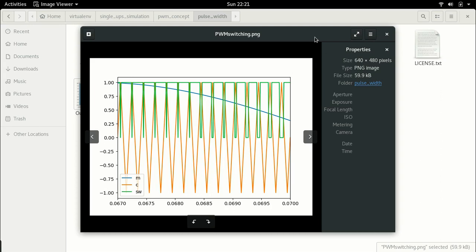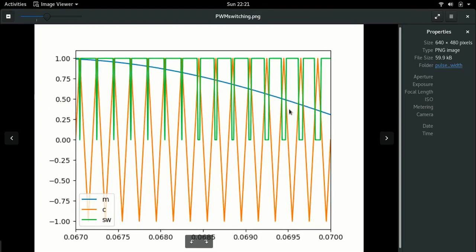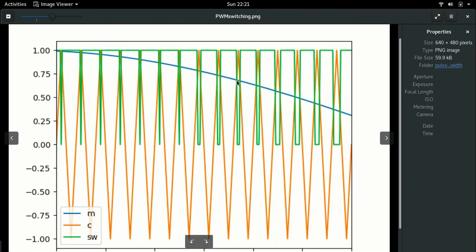You see here, this is when it happens. Let me zoom in here also. At this particular point, the blue line becomes greater than the orange line, and that's when the green signal goes high. And at this point, the blue line becomes lower than the orange line, and that's when the switch becomes low. So when the modulation signal is high, you see here the width of this switching signal is at the highest. And similarly,